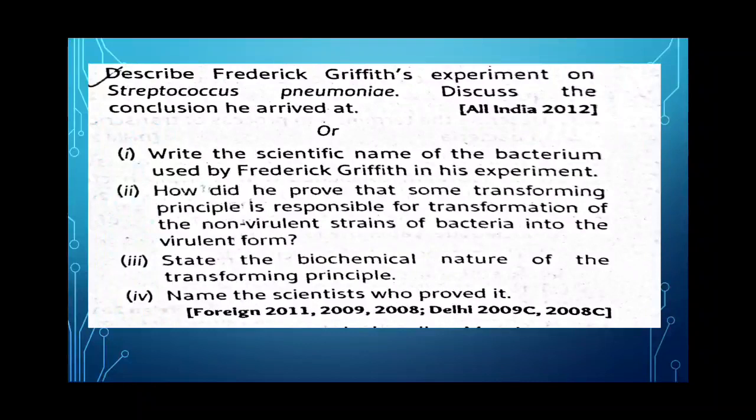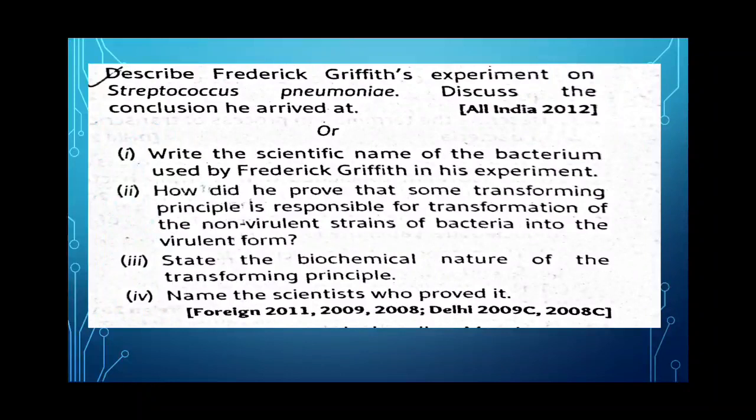So starting from the two strains of the bacterium Streptococcus pneumoniae, one forming smooth colonies, the S type, then the other, R type, forming the rough colonies, are taken for the experiment. S type cells are virulent and R types are non-virulent. In this way you can write down the experiment, and at the last you will write that they concluded that